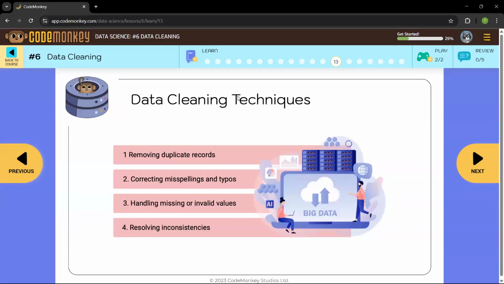Now, what are some of the data cleaning techniques, ways in which you correct the data, like money loans and stuff? Use the right format.